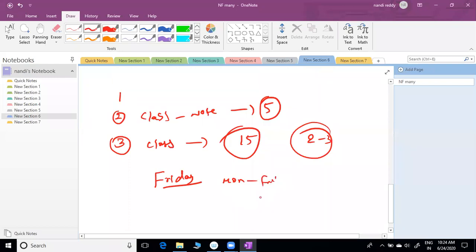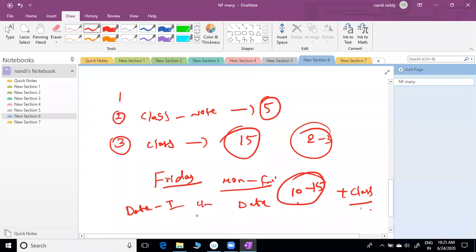Homework date wise you have to send, minimum 10 to 15 questions each person, plus class notes theory practice. Class notes theory followed by sums. This we need date wise. First date one you can write, then what we did: class notes practice followed by sums. This I have to see in your notes. Is it clear? I'm going to ask you. Friday is the last date. You have to submit Friday. So whatever gaps are there, fulfill them.